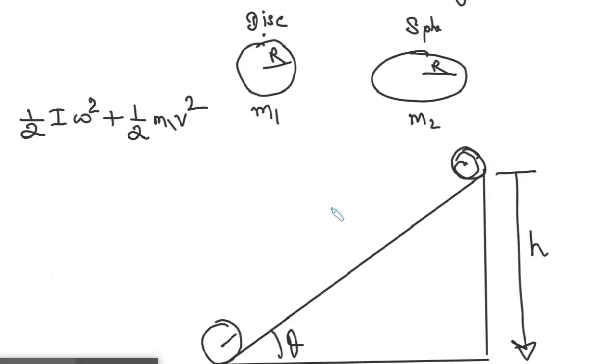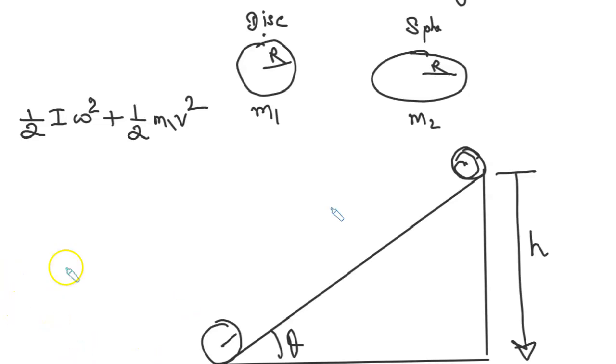That is called linear motion kinetic energy. You are understanding things well. So they are going to have linear kinetic energy and angular kinetic energy. Now put the moment of inertia I for the disk. What is I for the disk? For the disk, it is half m r square.